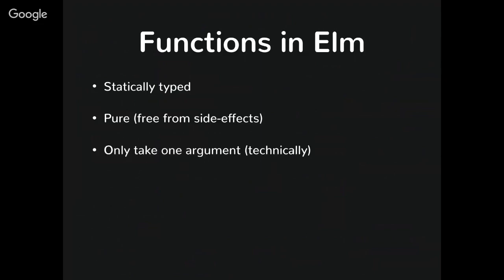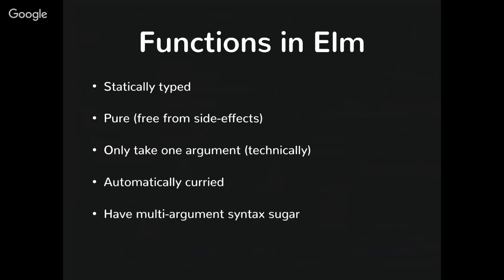So Elm is statically typed, it's pure. And going back to the function annotations, every function technically only takes 1 argument. Elm will just give you that syntactic sugar to look like the rest of the programming languages that you're familiar with, and it will curry them together. So we'll take a look at some of that in a little bit. I probably should have pressed arrow key over for those. And the other nice thing about it, if you use something like Ruby or any Lisp, the last value is implicitly returned. The same thing goes for Elm in this case.